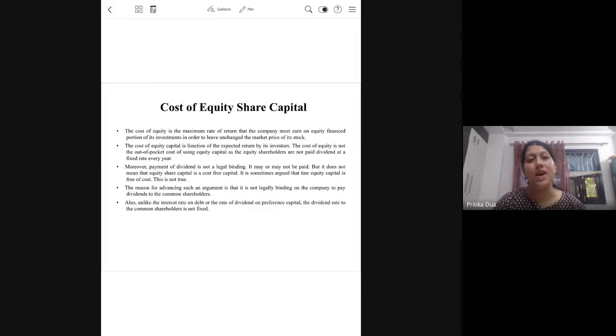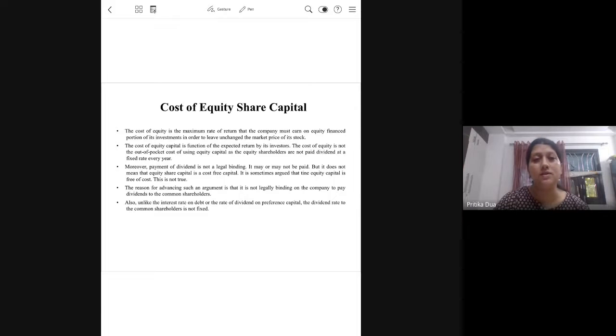Therefore, to calculate the cost of equity, the first approach is that we do so by using the dividend discounting model. So what we are trying to see is at what rate we discount the future expected cash flows so as to get the current value of the share. Cost of equity under the dividend approach can be calculated depending on the case we have before us.